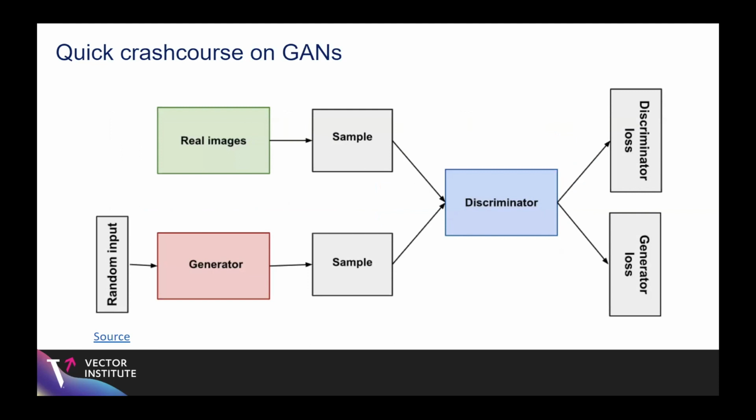I'll also very quickly go over what GANs are for those of you who may be a bit unfamiliar with them. Essentially, you have 2 neural networks. One is the generator that takes in randomly sampled noise from a standard Gaussian distribution and outputs an image. And the other network is the discriminator, which takes in an image and predicts whether the image is real or